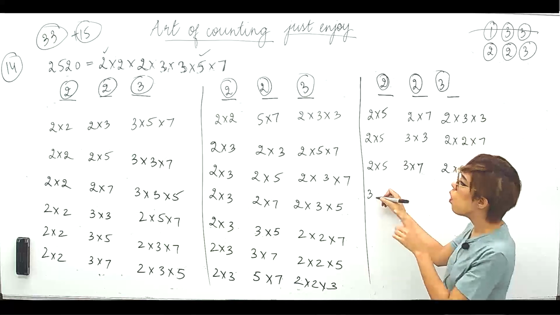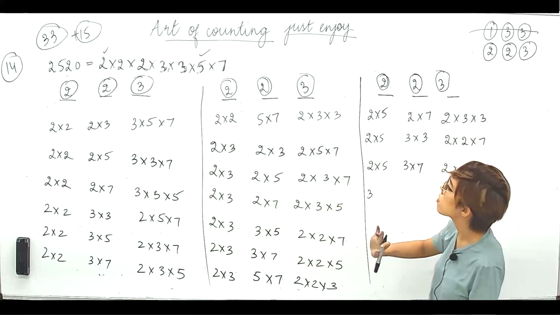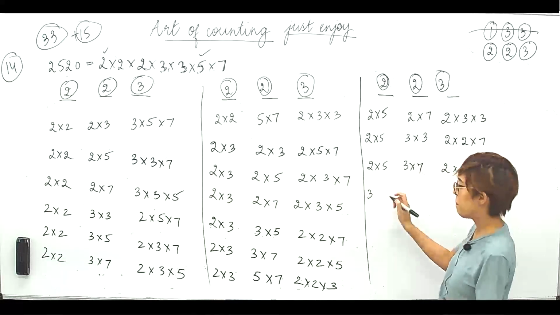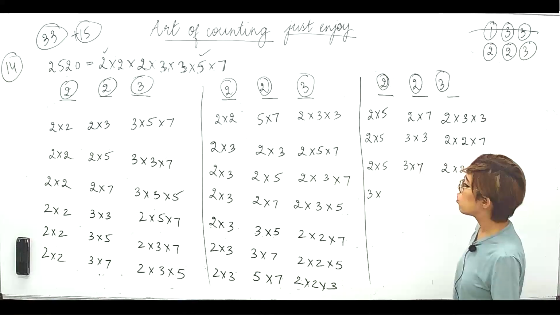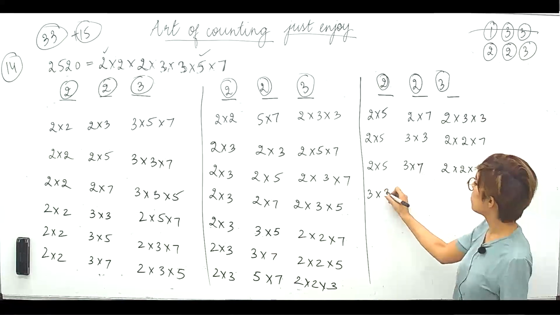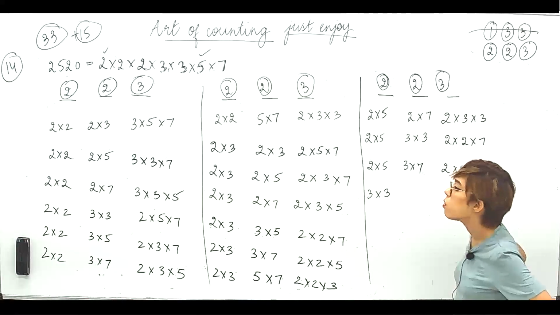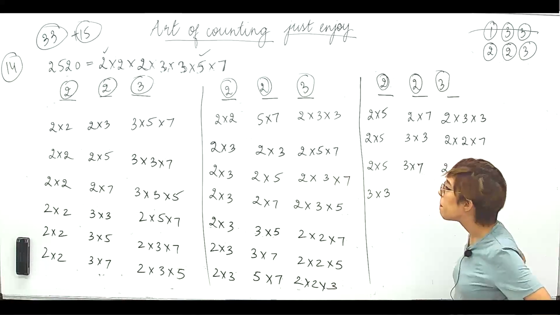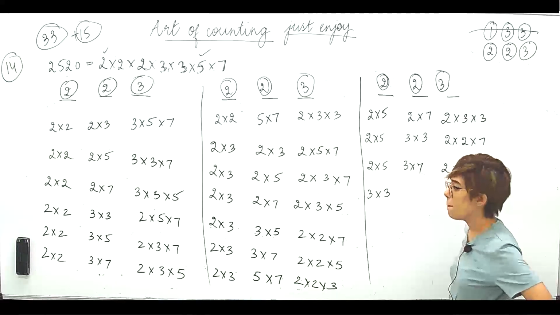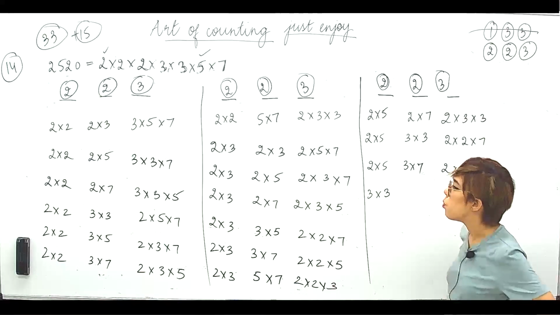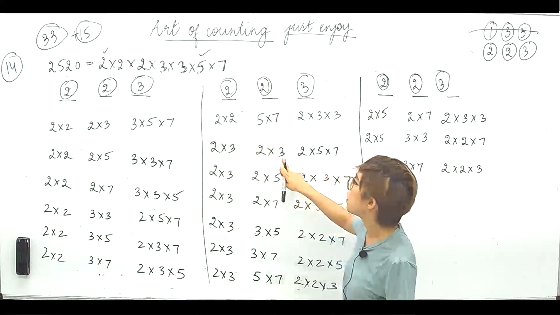So 3 into 2 is already exhausted in most cases. Right? Yeah. So 3 into 3. Let's start with 3 into 3. Now if we start with 3 into 3, the 3 into 2 ones will all be exhausted. What do you think? Let's say 3 into 2. 3 into 2 is coming here, it is coming here.